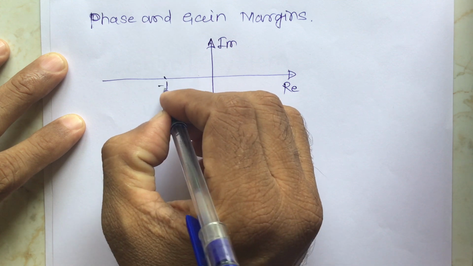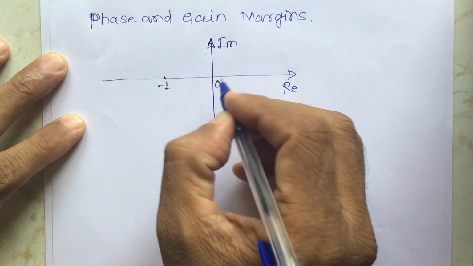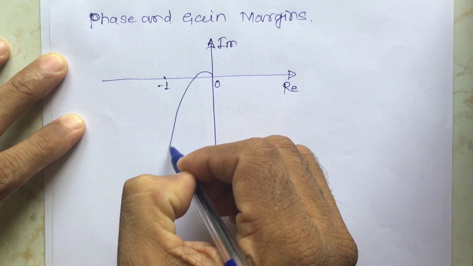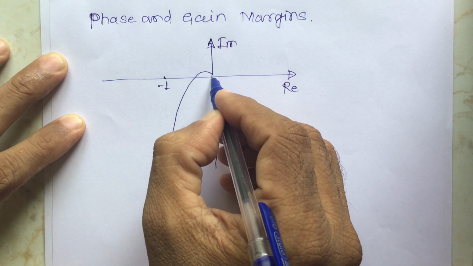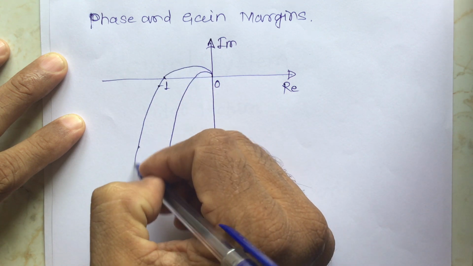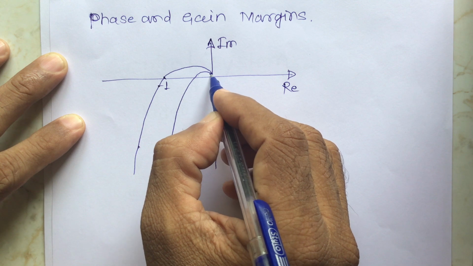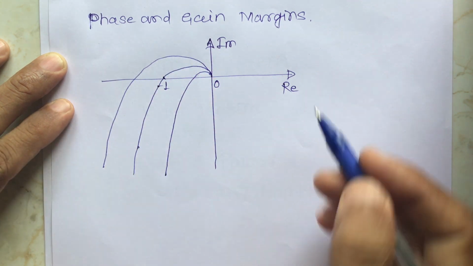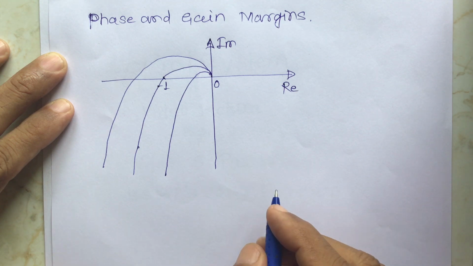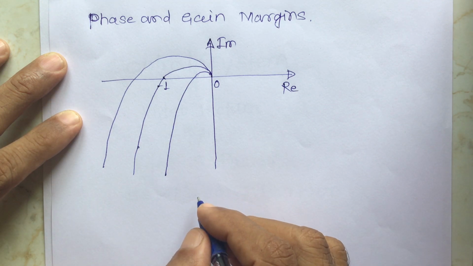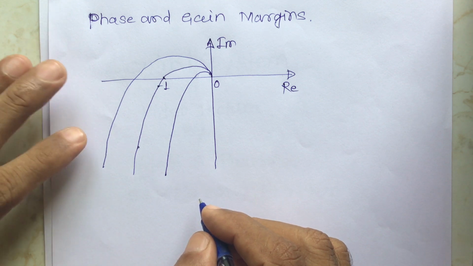This is -1, this is 0. So this one plot is like this. One plot is crossing -1. Another plot is like this. So this is the polar plot of G of jw for three different values of open loop gain